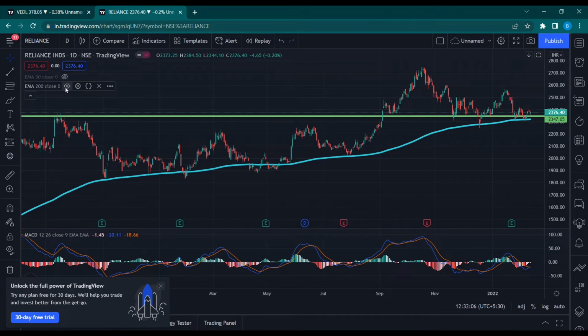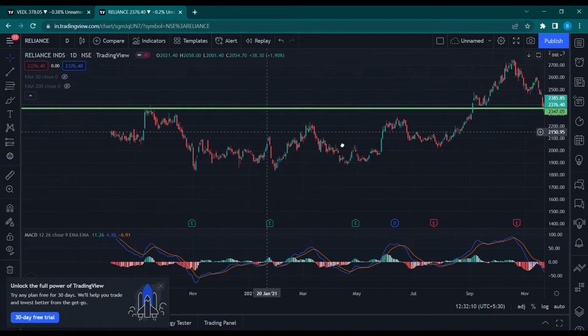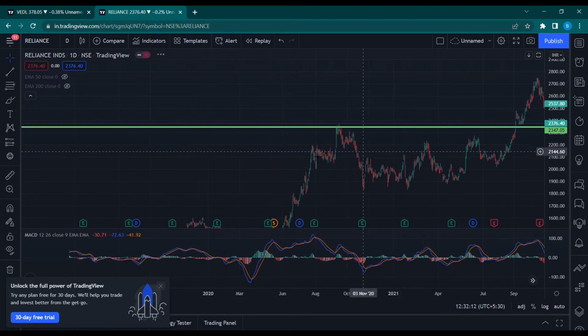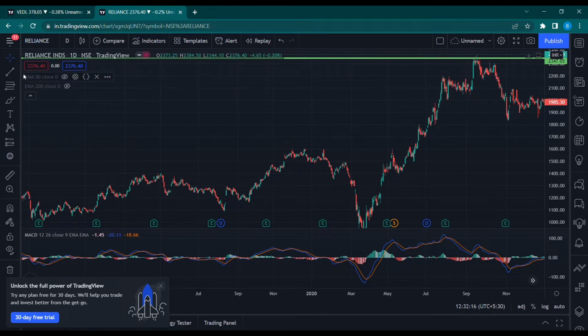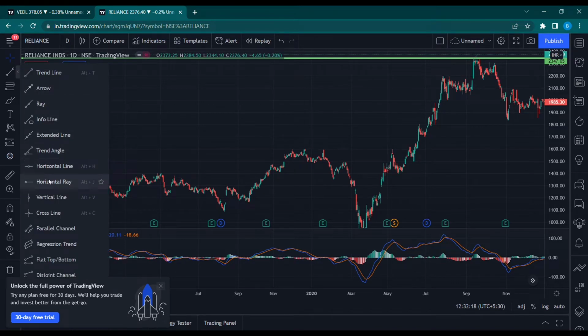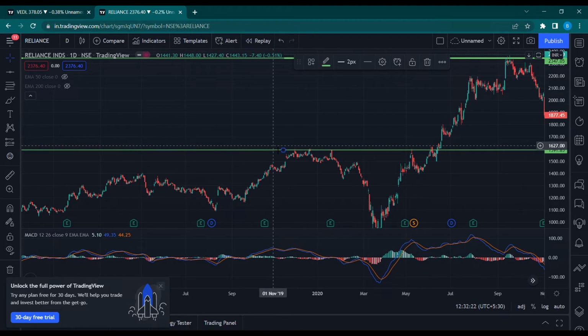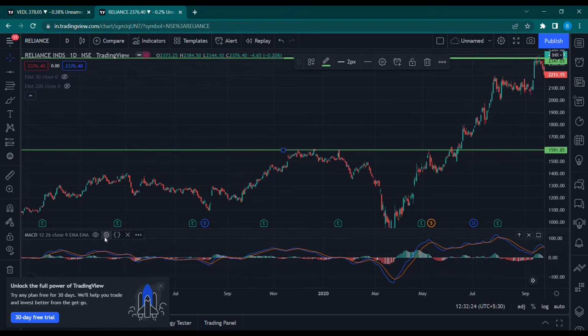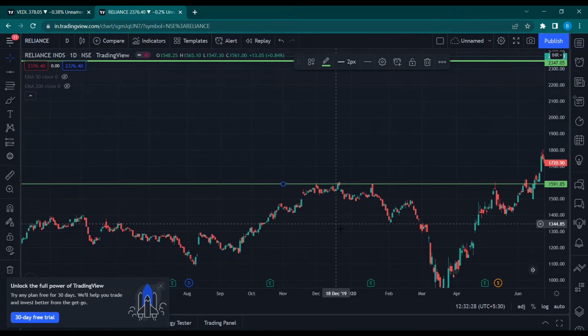Just a second. I hope you can see this level. Let me draw it. I'll mark one line in this case. Just see this level. Now let me remove this once again. I hope you can see here what happens.